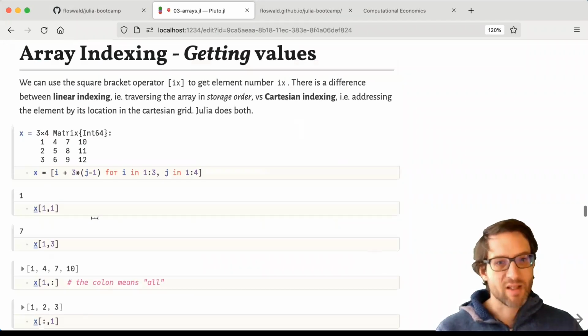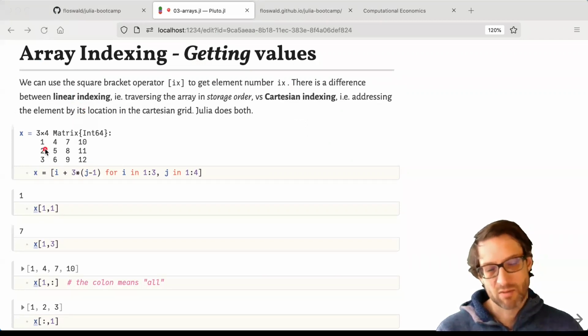Okay, indexing. Right, we talked about that with Mark. How do I actually get the values out of this stuff? So we have 2 ways to index, which is kind of nice to know. The first is called linear indexing, by which we mean if this is an array, a 2-dimensional array, a matrix,